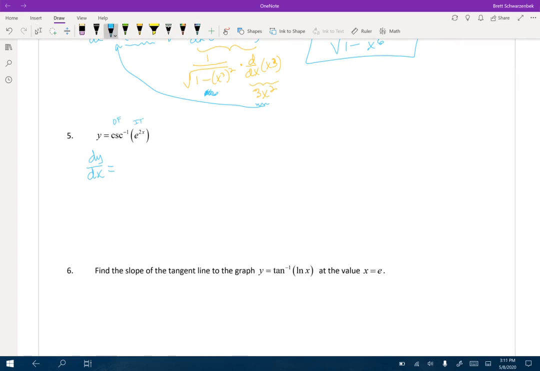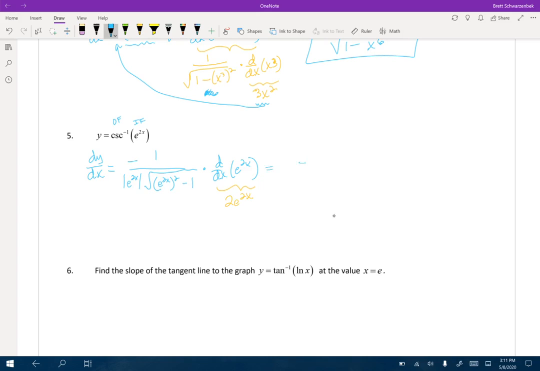So we're going to do negative 1 over the absolute value of our inner function. It was x in the base function, but it's a placeholder. The square root of, again, e to the 2x, quantity squared, minus 1, times the derivative of our inner function, e to the 2x. All right, well this, we could use the chain rule, but we can use our shortcut, e to the kx derivative, to get 2e to the 2x,